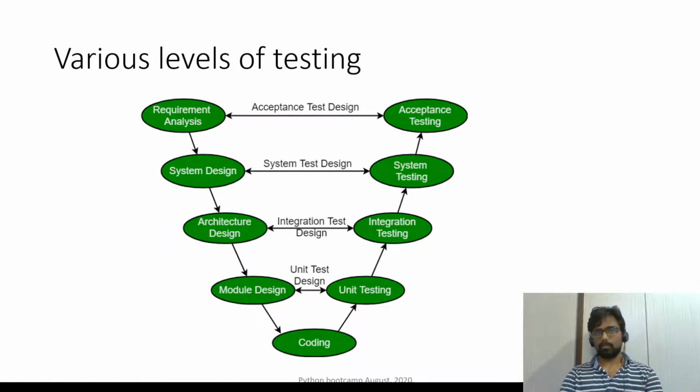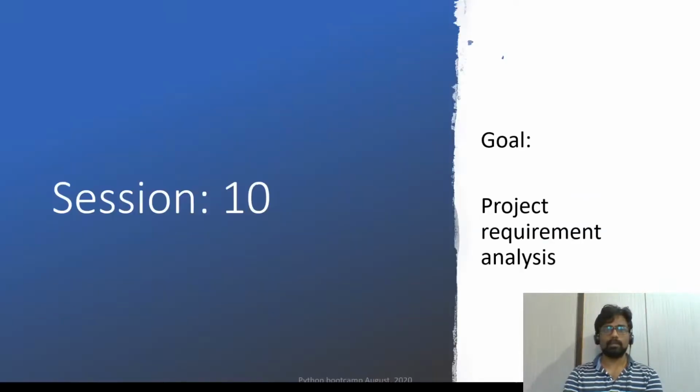So we learned about processes and various levels of testing in the software industry, and then we focused here, and we wrote unit testing at this point. Okay, so you need to remember. And one of the key points in unit testing is we are using a library called unittest without spaces, and there is a class called TestCase. So there are several classes. One of the classes that we inherit from is, we define a class, and then we inherit from the unittest one of the classes, and all the code is available to us, so we don't have to reinvent the wheel. Okay, so that is about that.